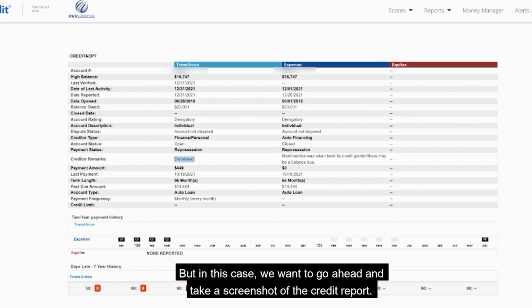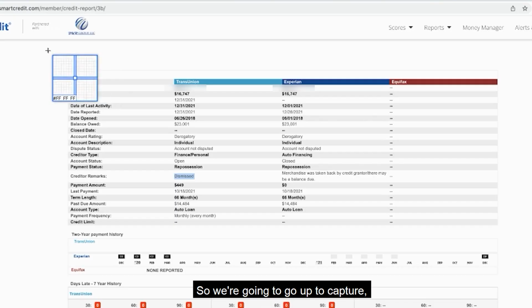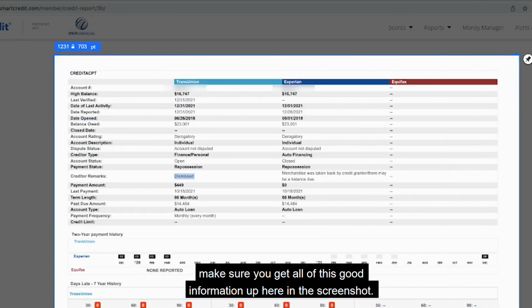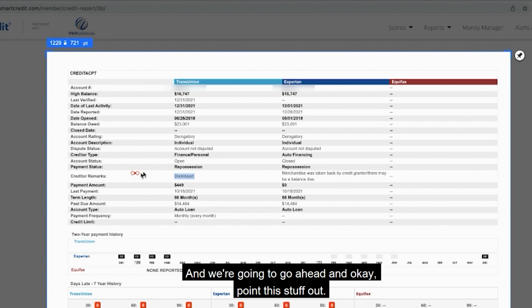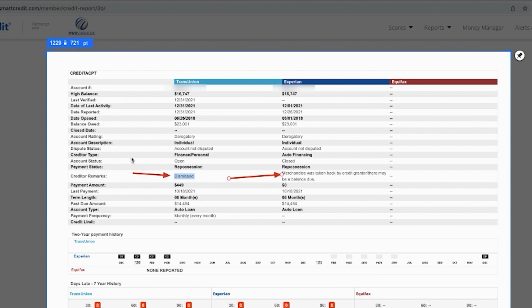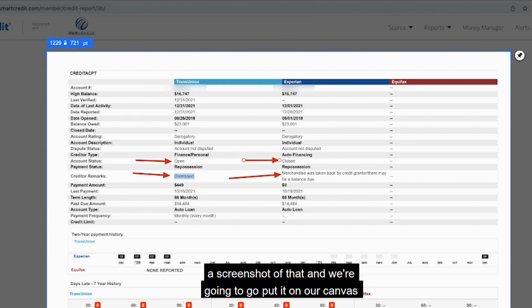But in this case, we want to go ahead and take a screenshot of the credit report. So we're going to go up to capture, make sure you get all of this good information up here in the screenshot. And then, so there we go. And we're going to go ahead and point this stuff out. How is this open, but this is closed? Okay. So we're going to go ahead and take a screenshot of that,